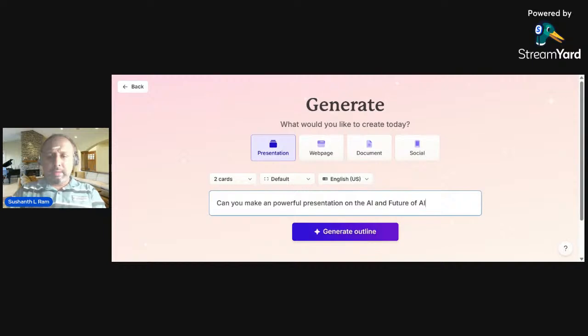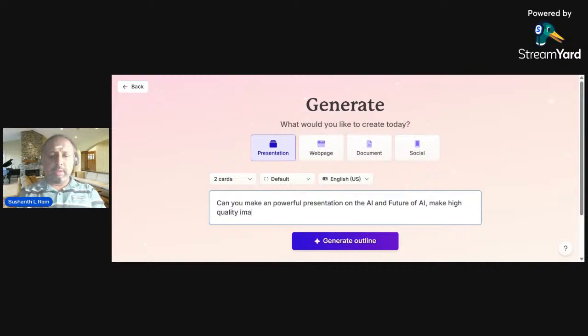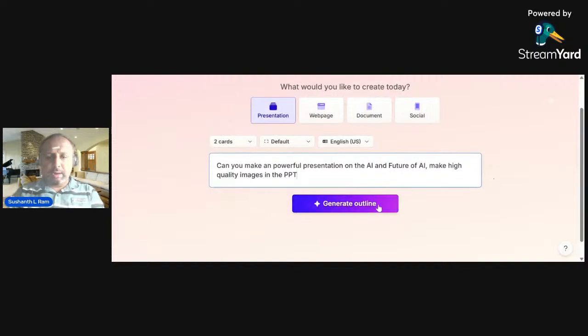Make high quality images. You can put in as much description as possible for your presentation and click on generate outline.